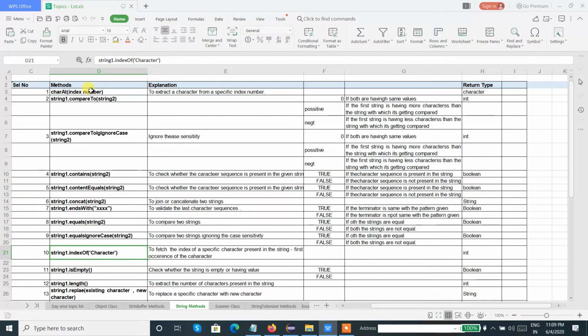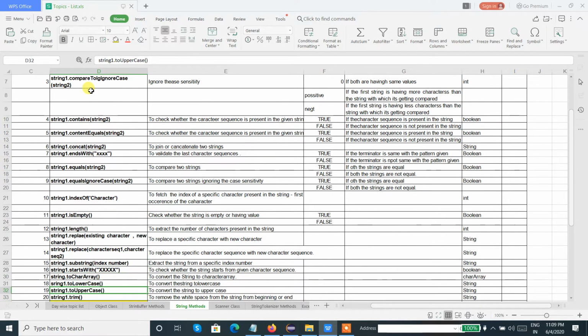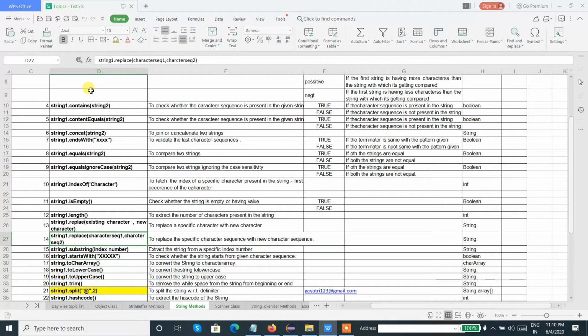Then the indexOf method to check the index of a specific character in the given string, isEmpty to check whether the string is empty or not. The length method to calculate the number of characters present in the string. Likewise there are so many methods: toCharArray to convert the string into a character array, toLowerCase and toUpperCase to convert it into specific cases.